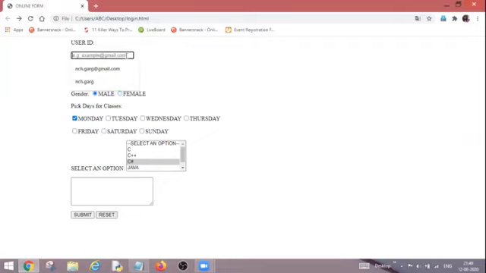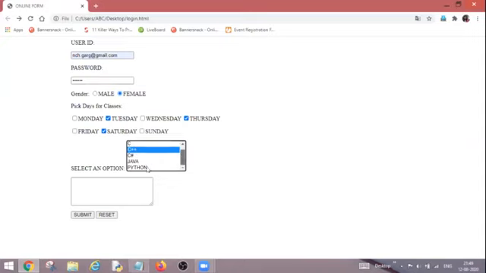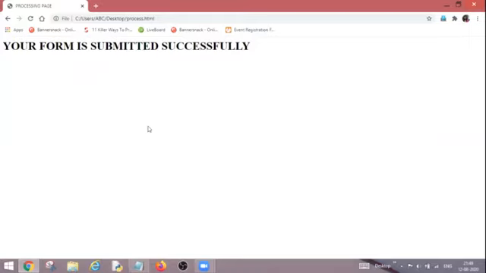Now, another thing I'm going to tell you. I'm going to fill the form. I'm selecting female. Then I'm going to select Monday, Tuesday, Thursday, and Saturday. Now I'm going to click upon C++ and Python. So 2 values I have selected over there. I'm going to write over here excellent remarks. Okay. Now once I click on submit, what will happen? I am redirected onto my processing page. As you can see over here, this is my processing page, process.html.